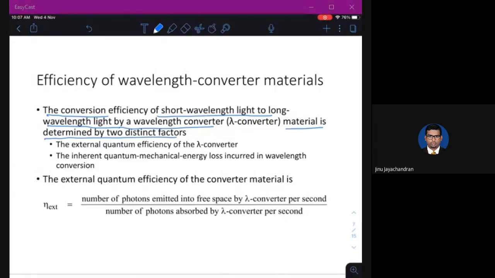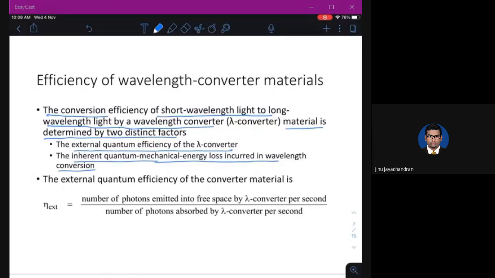Basically, we are producing a short wavelength. It will be absorbed by the phosphor to convert it to long wavelength, and the efficiency of this will depend on two factors. The first one is called the external quantum efficiency of the wavelength converter. The second one is the inherent quantum mechanical energy loss incurred in wavelength conversion. In the first case, we have also already seen the quantum efficiency.